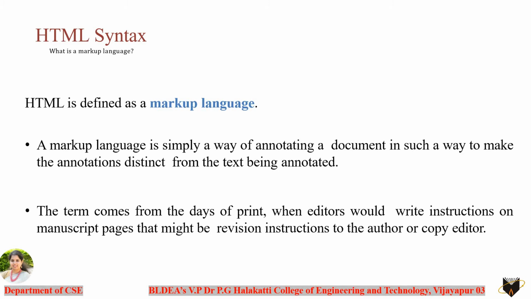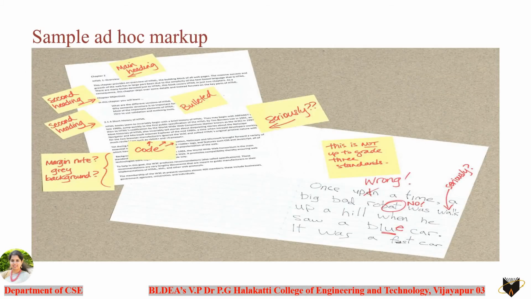So a markup language is where you are going to give some instruction like how the information needs to be displayed, and how to make a distinction between the different sentences in the information. So let's go through an example here. This is an example here. Probably you are able to see this page here.